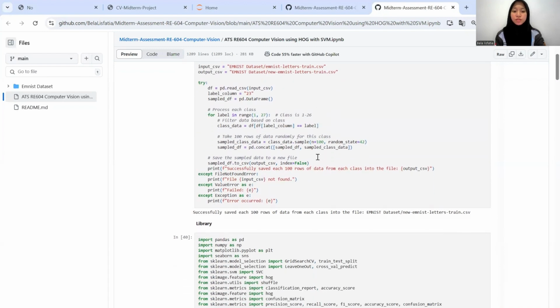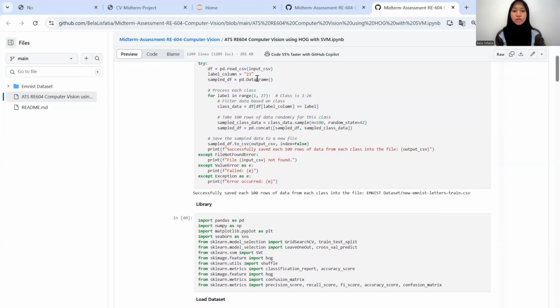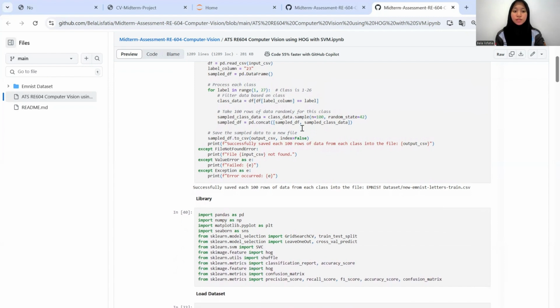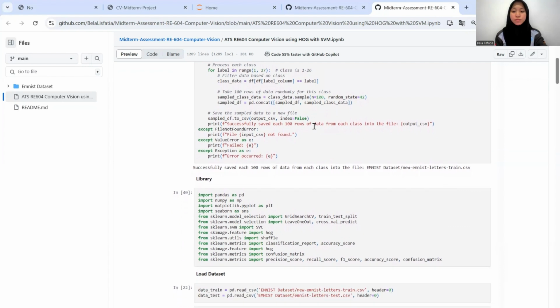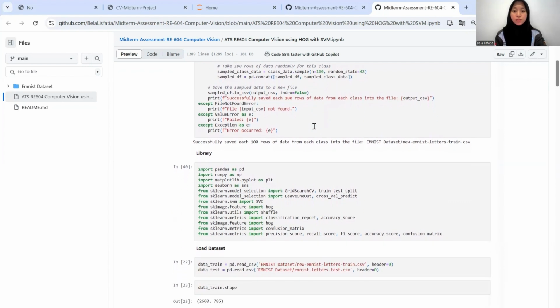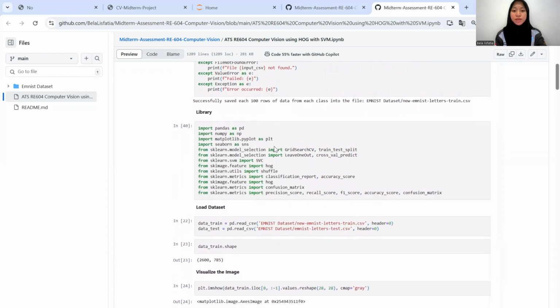In this process, we must separate the dataset into input and output, and also initialize the label column as 23, and then process the classes to make sure each class has 100 samples.